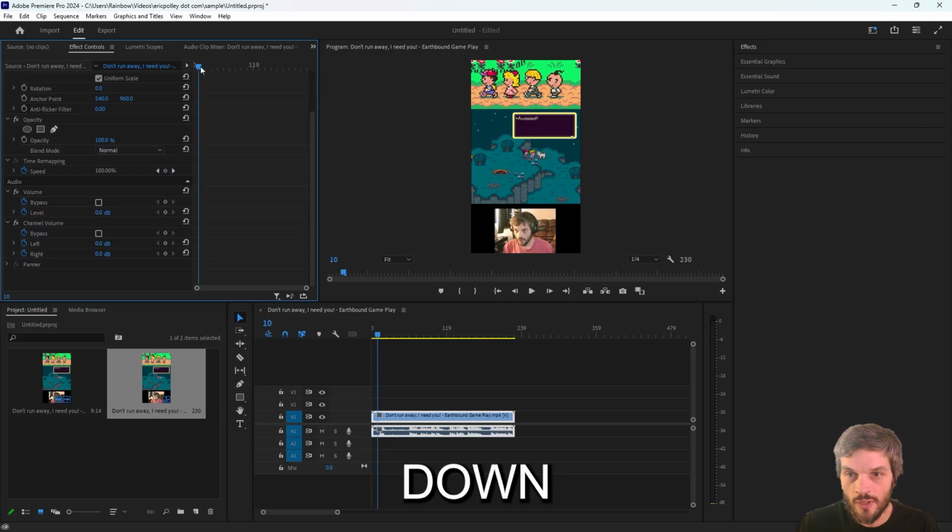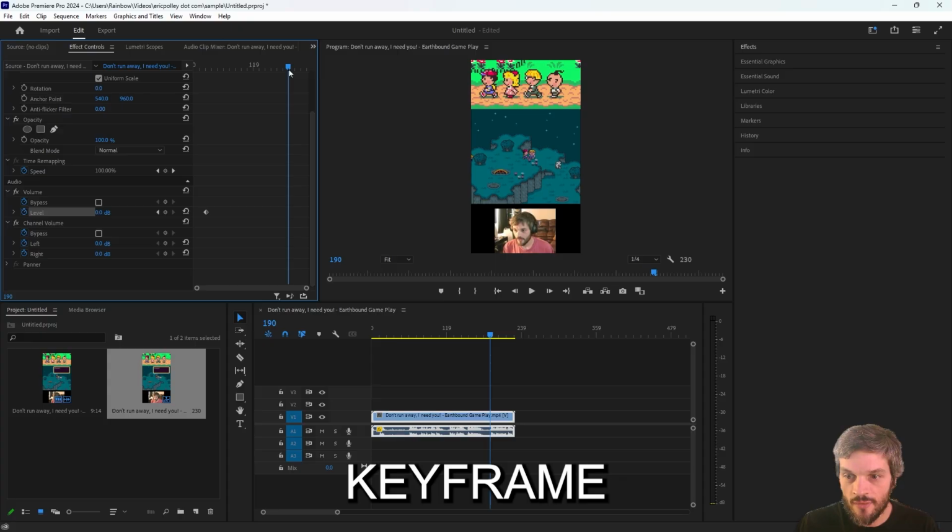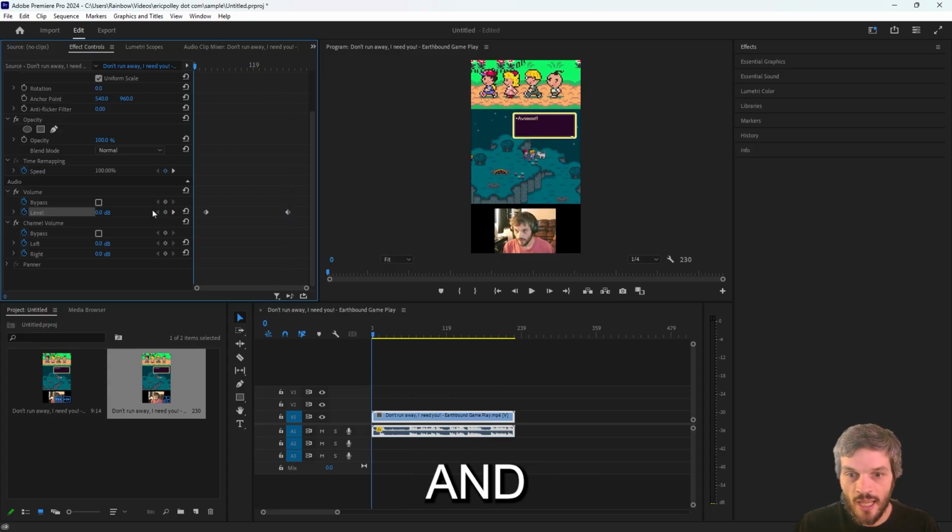Let's just scroll down a little bit on the timeline and create a keyframe on the levels, that is the volume. I'm also going to create a keyframe towards the end, that way we have a fade in and a fade out. Now I scrolled down to the very beginning of the timeline,